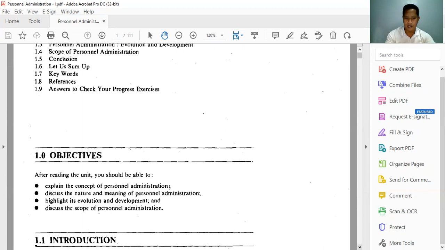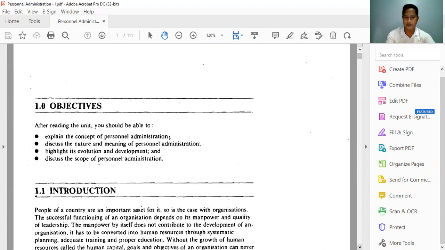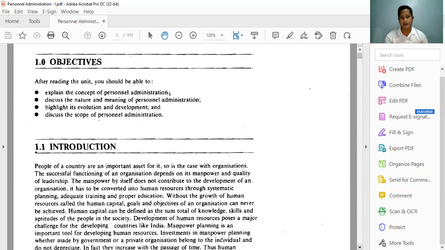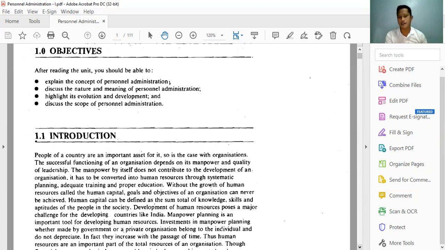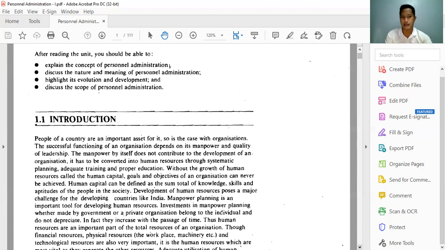So let's move on to the introduction, of course. The people of a country are an important asset for it. So is the case with organizations. The successful functioning of an organization depends on its manpower and quality of leadership. The manpower by itself does not contribute to the development of an organization. It has to be converted into human resources through systematic planning, adequate training, and proper